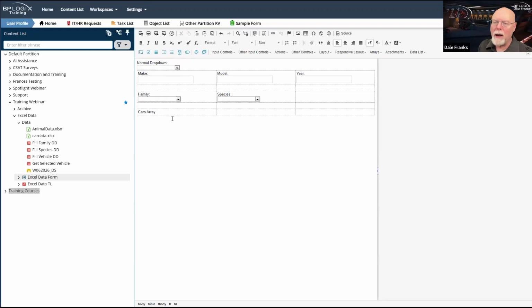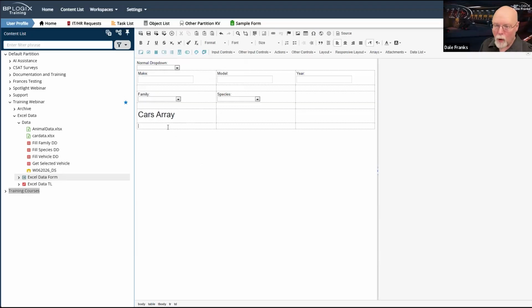We're going to do this. Cars array. And we're going to create an array. And you know what? Let's make this a heading style. Let's make it heading 3, cars array. So we're going to set up an array and we're going to now use this Excel file to set up data in an array. We're going to try to do it 2 ways, although we are rapidly running out of time. So I'm going to have to try to make this easy.